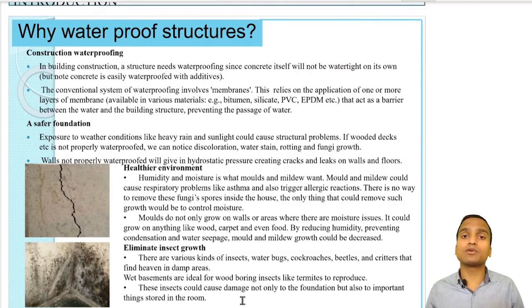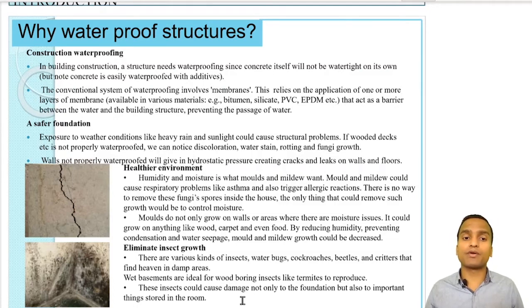So we have to reduce humidity and the moisture in those regions, and we may have to go for the prevention of condensation that may be happening, and by opening the aeration or ventilation windows, or by using humidity absorber machines, or by using exhaust fans in the kitchens, so that the water seepage and the growth of mold and mildew may be decreased. Okay, and through these ways the environment will become healthier.